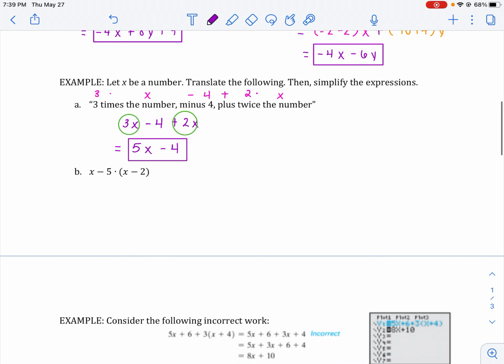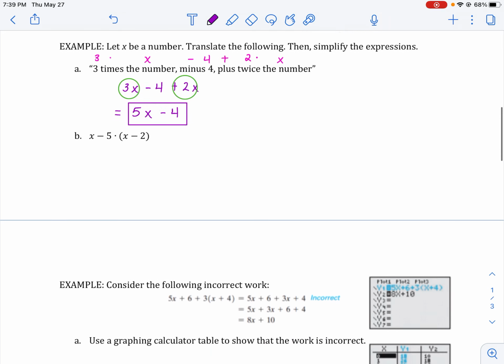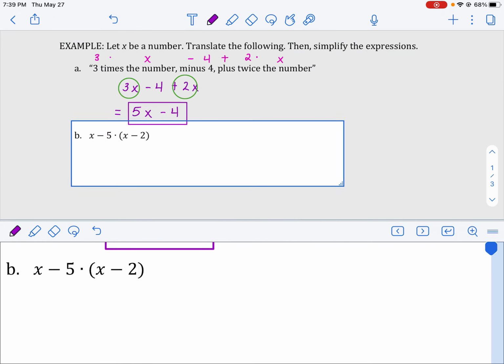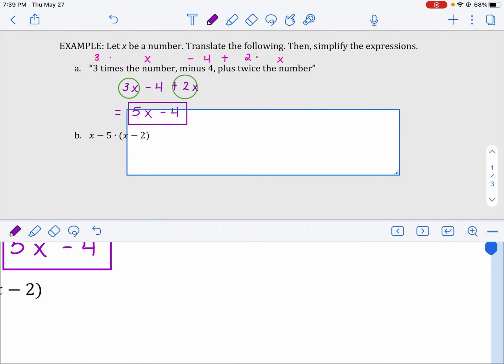The next example actually wants us to go the other direction. We want to write this as an English sentence, and then we'll simplify. It doesn't make sense to simplify it, though, with an English sentence. So you could simplify first and then write it. But we're taking the number, since there's an x, we don't know what x is. So the number